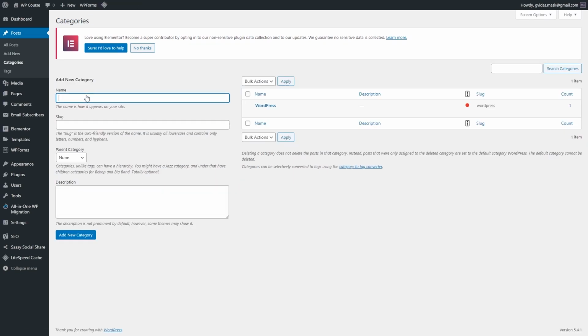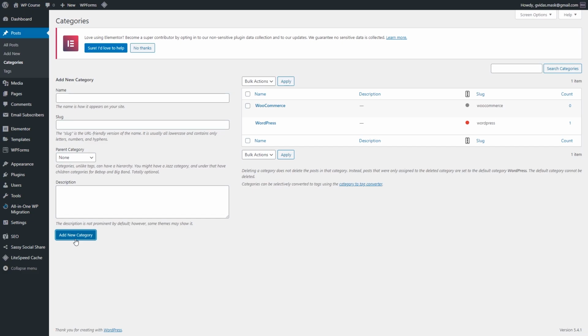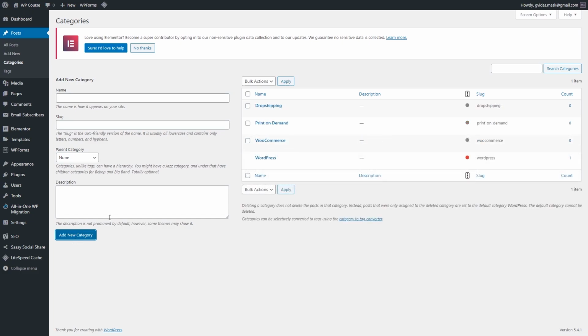Alright, let's go back to categories and let's add another one. I'm just gonna add name and the slug, and once you have finished adding name and the slug, just click Add New Category. So just like that, I will add some more categories. Alright, I just finished adding my main categories, and now we could add some child categories, let's say for WordPress or WooCommerce,